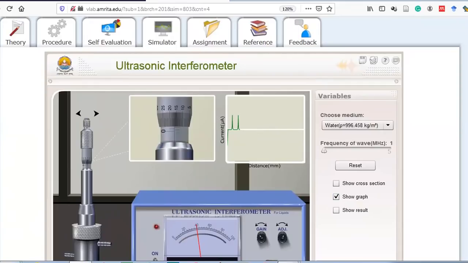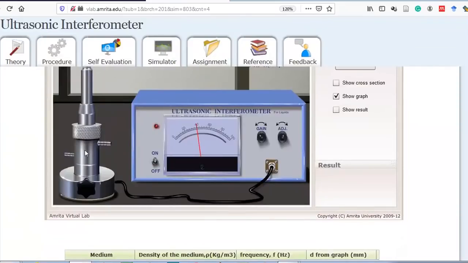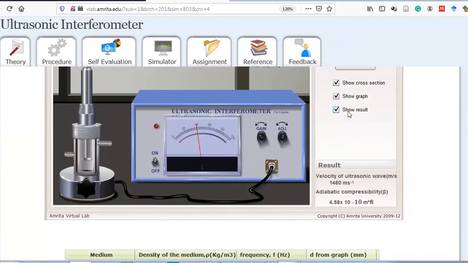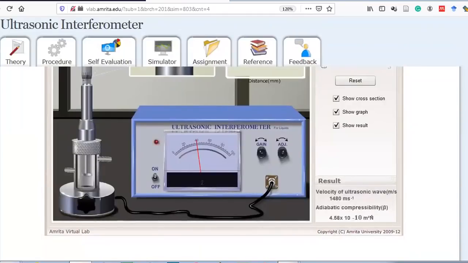Okay. And similarly, if you want to see what is inside this part, this is the setup. So you click on this button. Inside this, you can see that water is there. Then you see a reflector is there. All such things they are putting over here. So you just go and check it further. And at the last, if you have provided all such data over here, you calculate the result. But here also, since I have taken the readings, by default it has calculated every parameter, and that's how you see the answer.